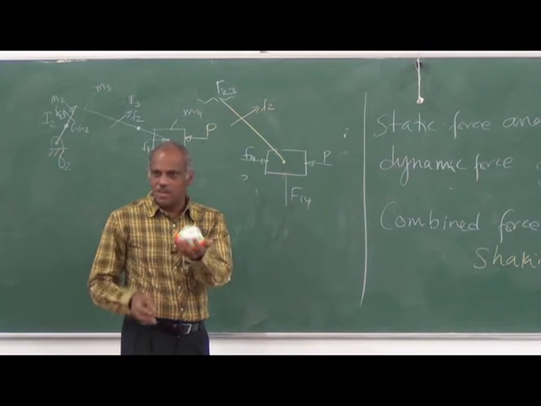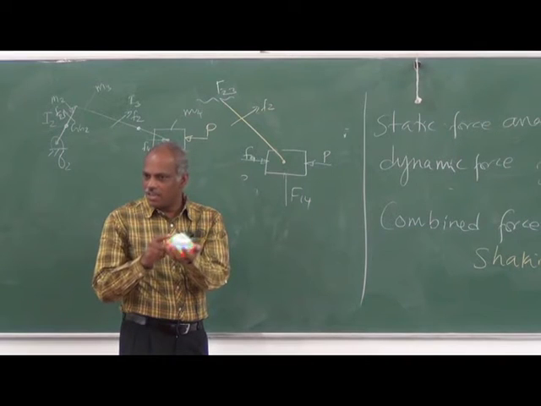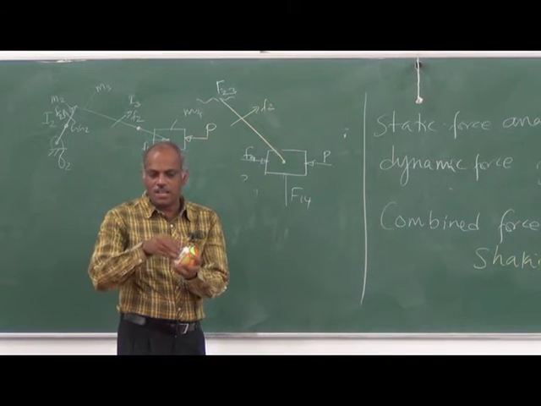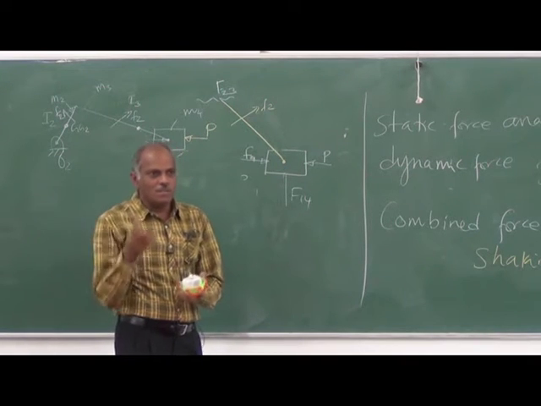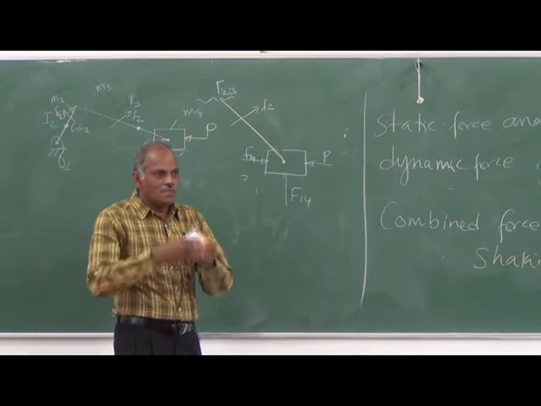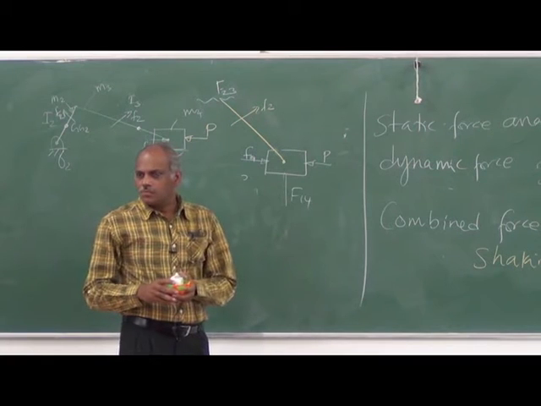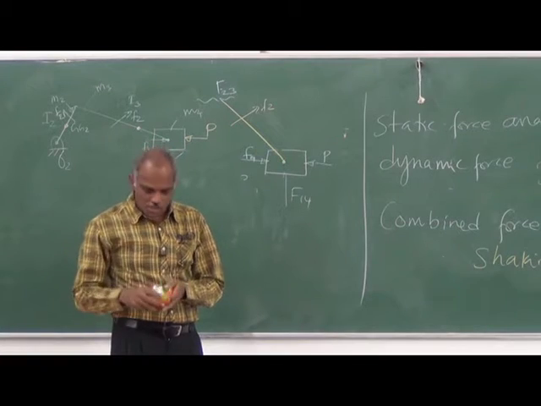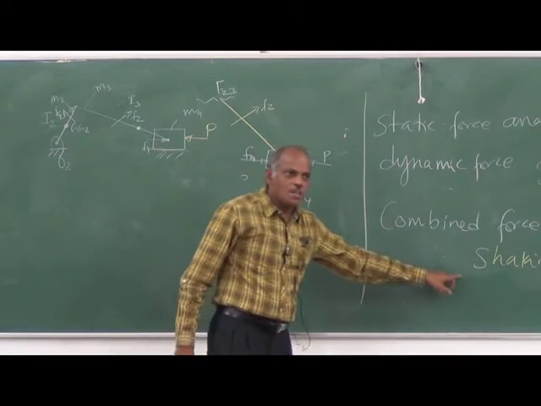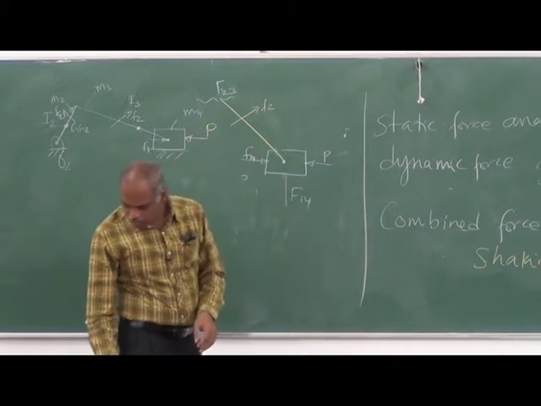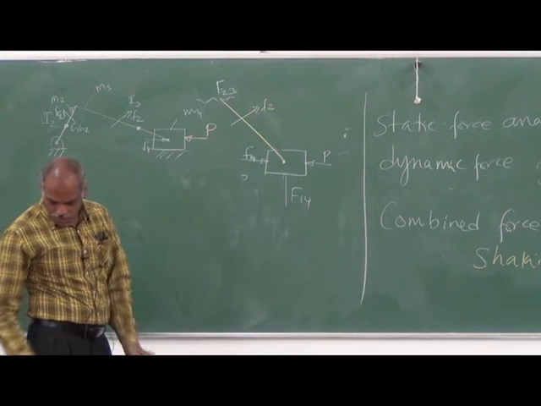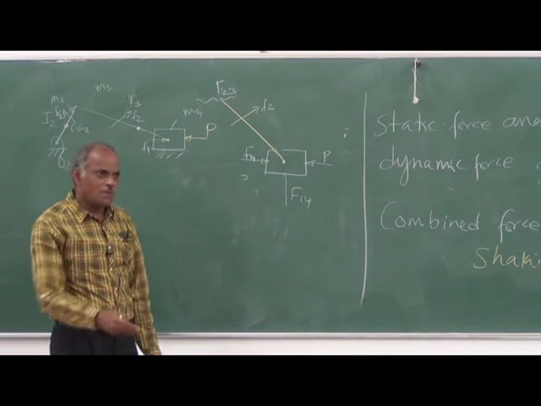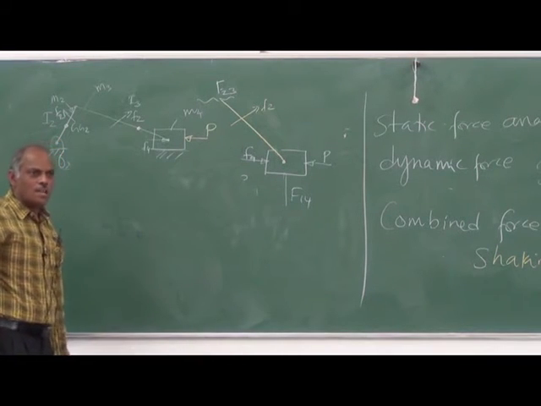So why this one shakes is because of the shaking force. We don't have a multi-link mechanism here, but only one linkage, so this shakes because of the net shaking force. If you have a mechanism with multiple linkages and it shakes, it is because of the net resultant of all the inertial forces. That is called a shaking force. You will be able to see the shaking force in the balancing experiment, which we will do in a few classes from now.